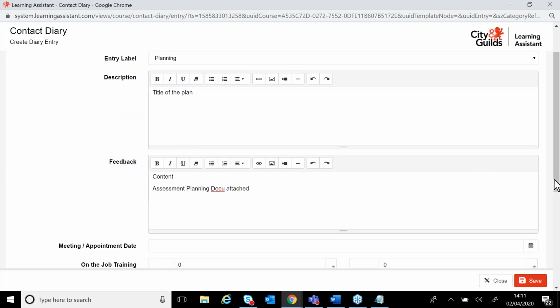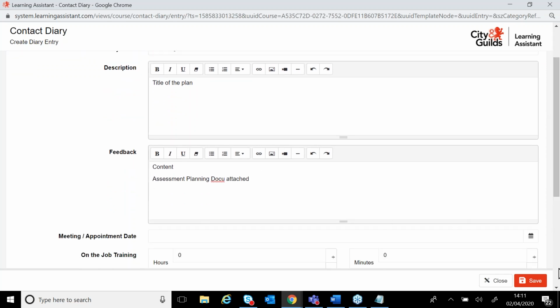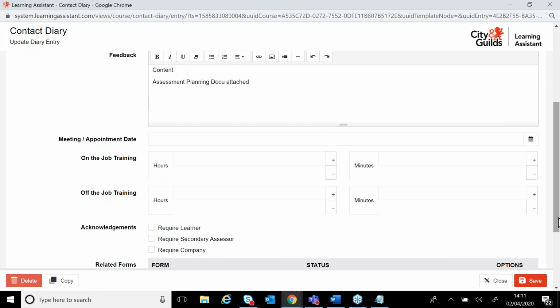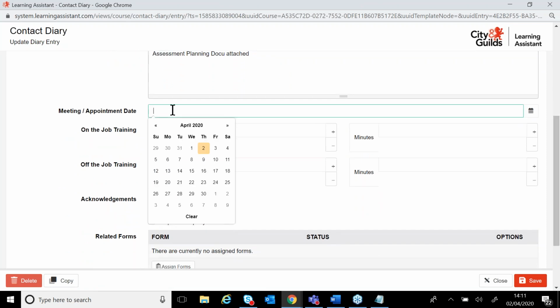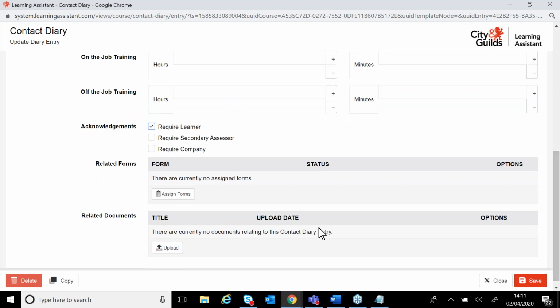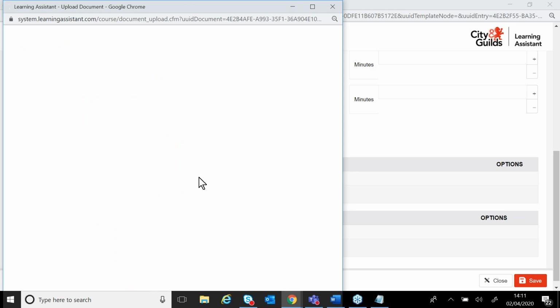Yep, I think so. So you might put "assessment planning document attached." Once you press save to create the parameters, from there, guys, you can put in a meeting if you're planning a date to go and see the learners. You can require the learner to acknowledge it, but then you're going to go into related documents for now and upload